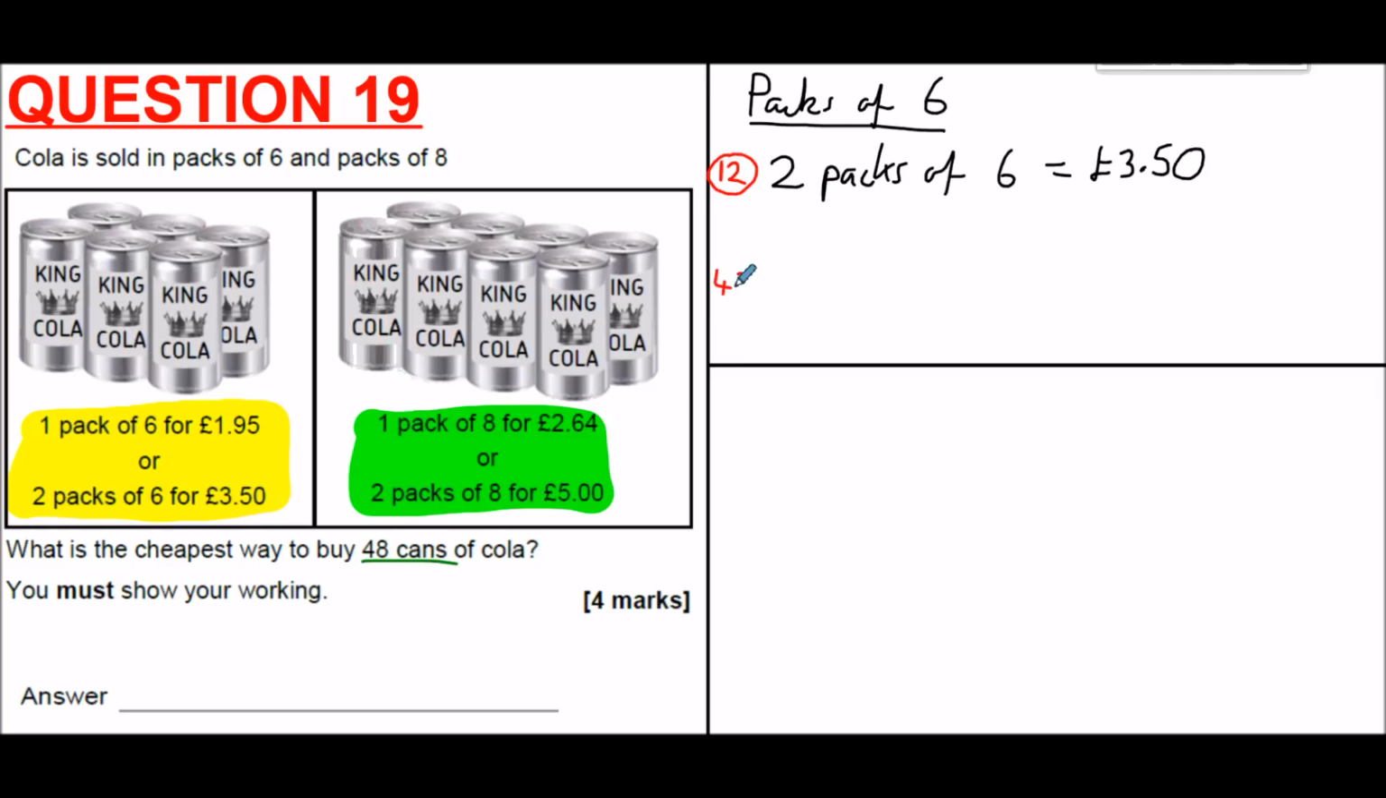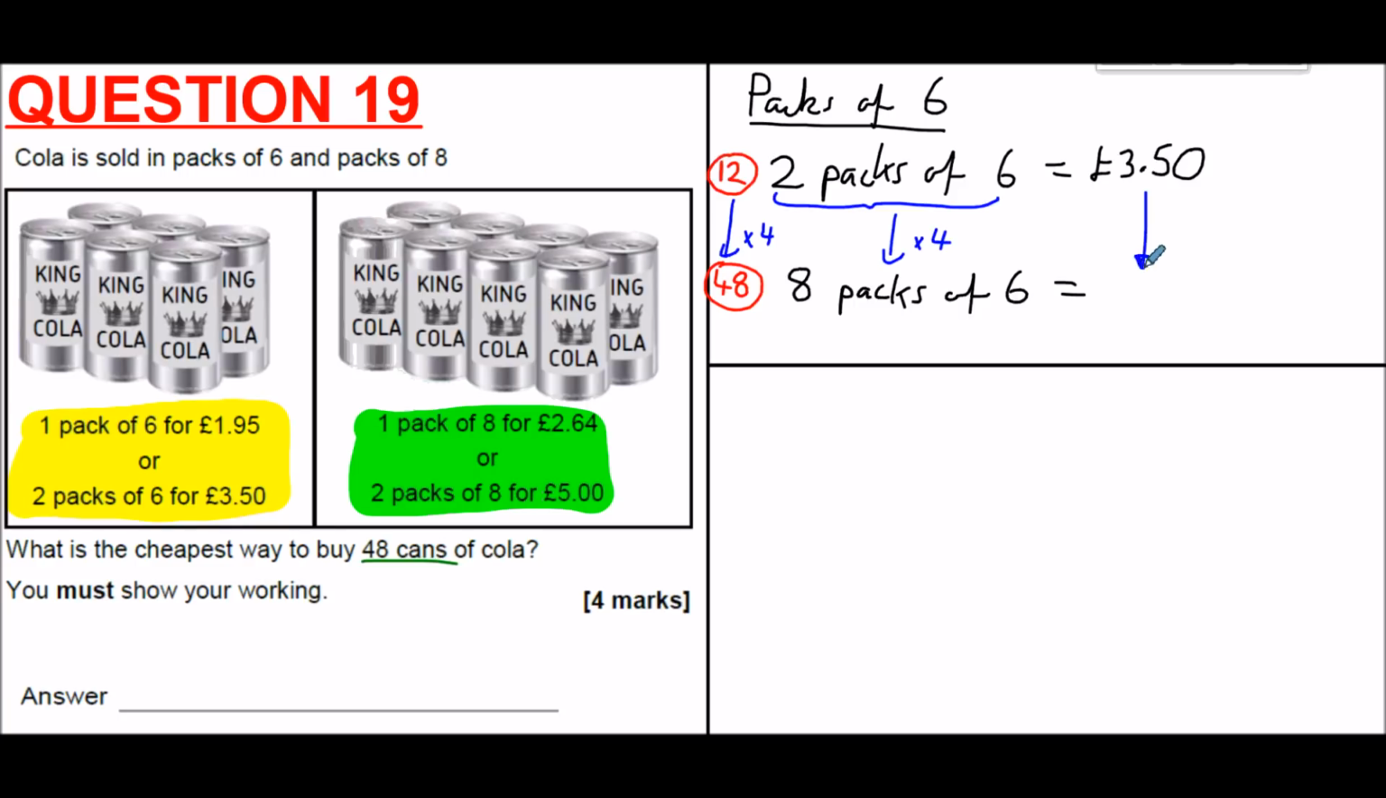And so how could we go from 12 to 48? To go from 12 to 48, we could multiply by 4. So if you multiply these by 4, instead of getting 2 packs of 6, 2 times 4, we could get 8 packs of 6, basically using this offer 4 times. So for the 2 packs of 6 for £3.50 offer, we could use that 4 times. 2 packs times 4 would be 8 packs of 6,